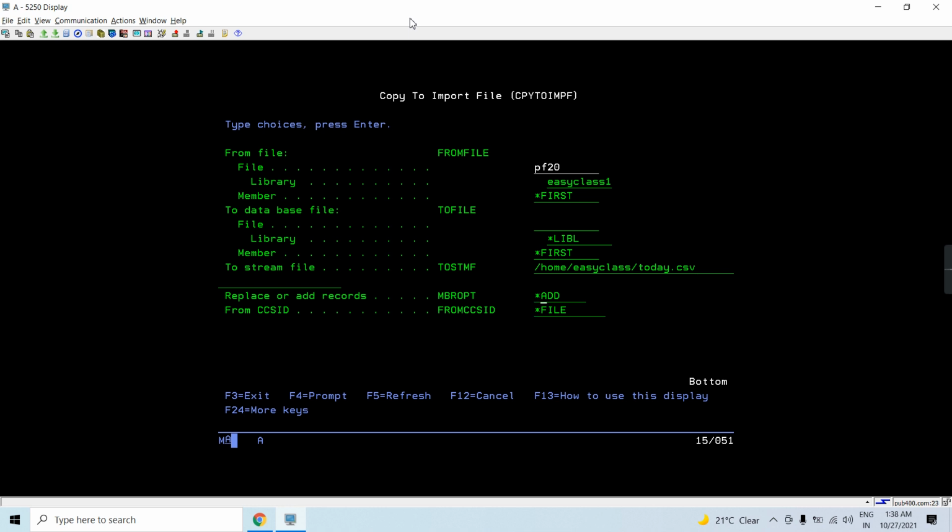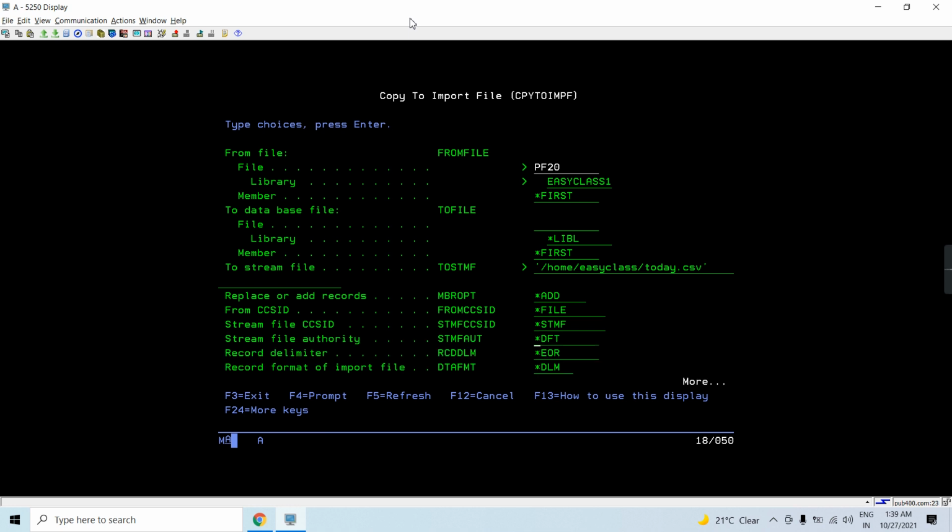Let me add the from CCSID and STMF CCSID. This is used for the conversion. If the file already exists, then the source and target CCSIDs would be used to convert data between them. Here the file does not exist, so the from CCSID would be in effect right now.